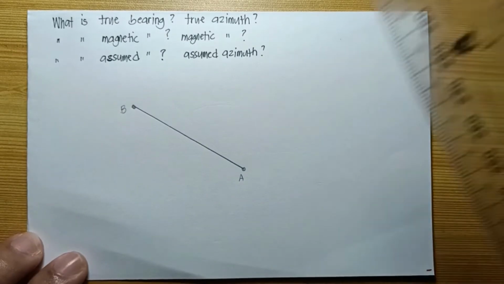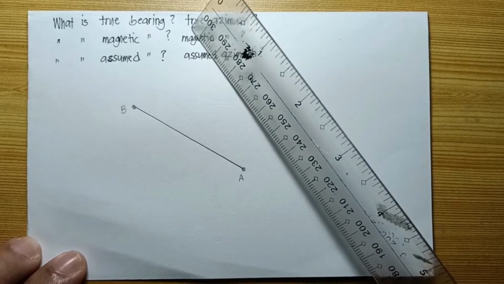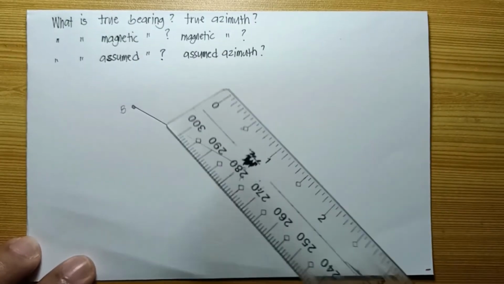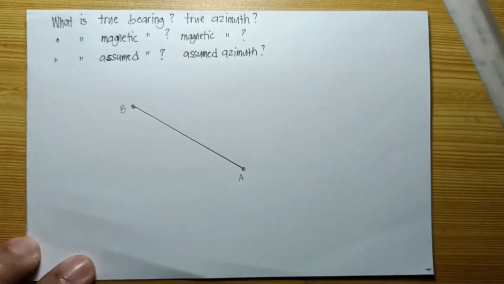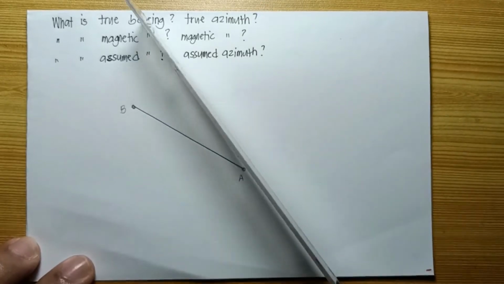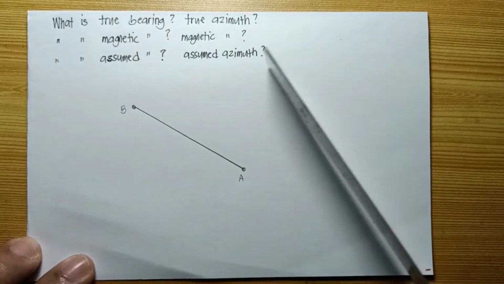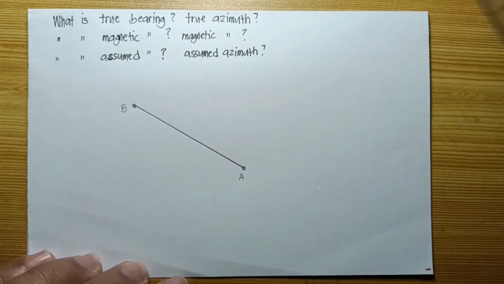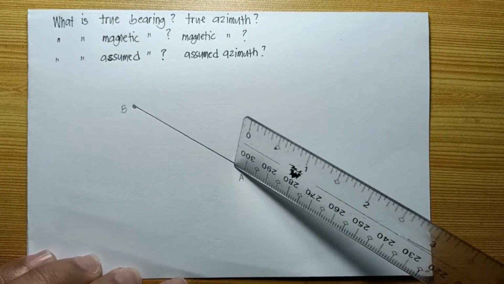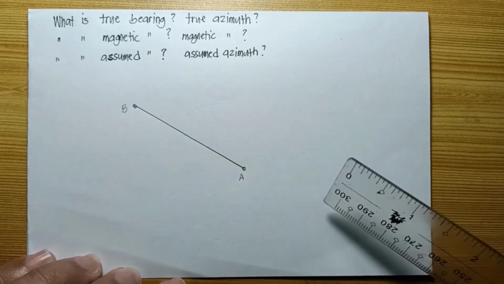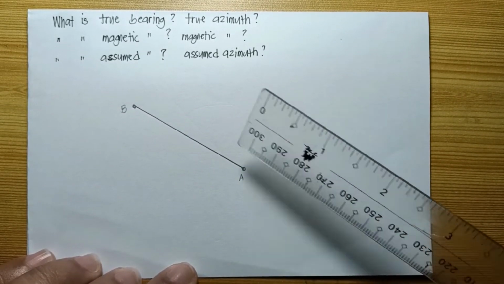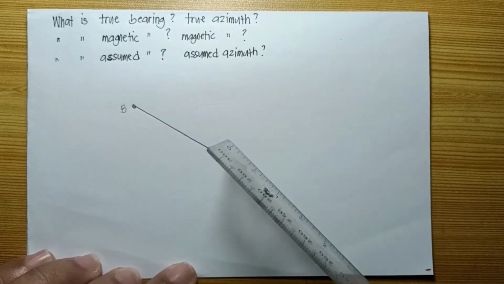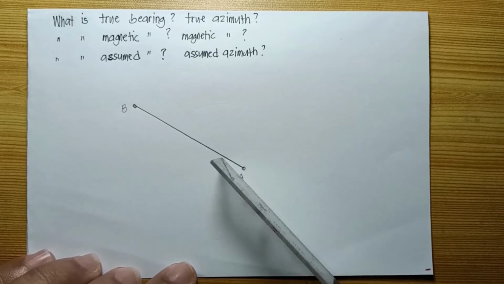Okay, so how are we going to define the true, magnetic, and assumed bearing of a line? I will discuss the difference between the three types of directions of lines here in terms of reference meridian. Let me discuss by giving you an illustration. So we have here line AB. How are we going to define the true bearing, the magnetic bearing, and assumed bearing of